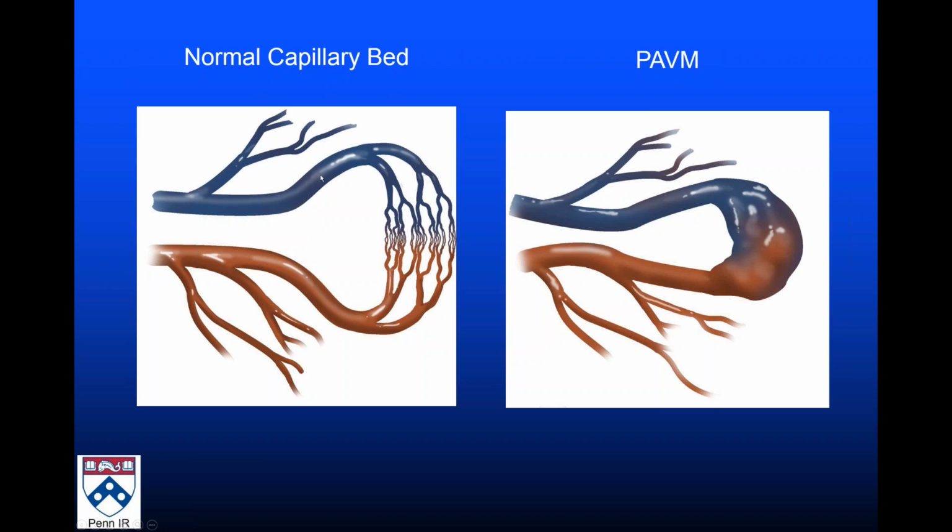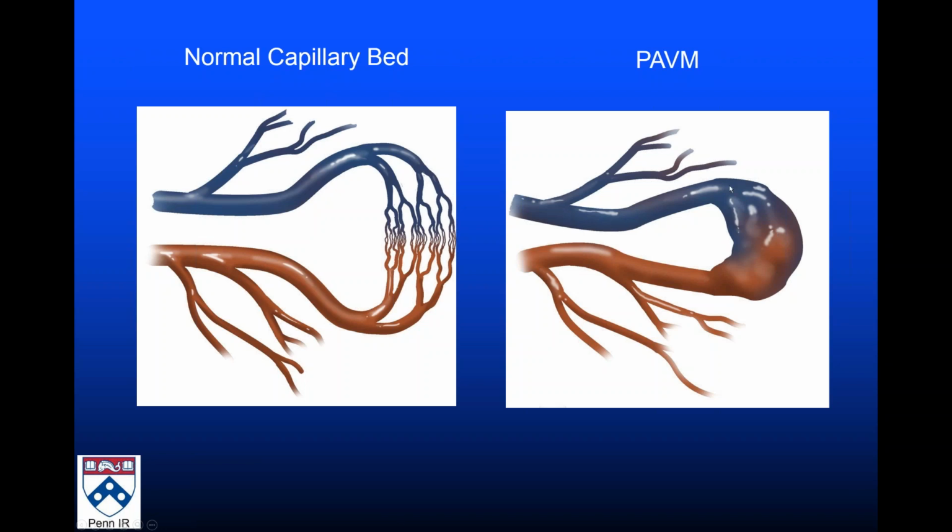So in the lungs, the arteries are blue. They go into the capillary bed where the vessels get as small as the size of a red blood cell, where those bacteria and blood clots get filtered out, trapped by the lungs, and then processed and don't go through to hurt somebody. But if you have a PAVM, you have an abnormal connection between the artery and the